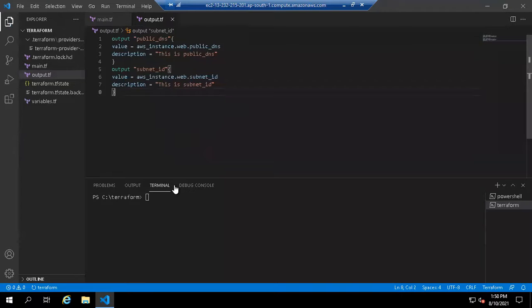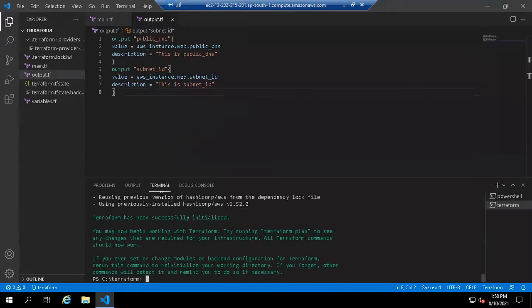So save the two files and open a new terminal and run the command terraform init. Then terraform plan.